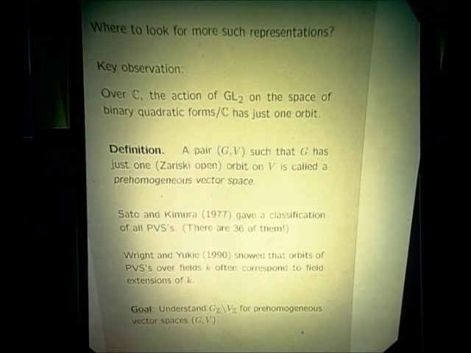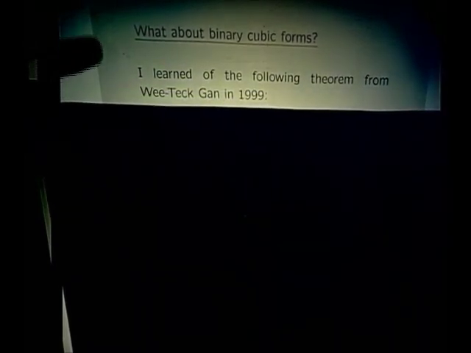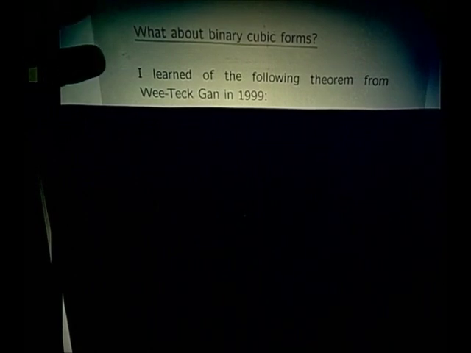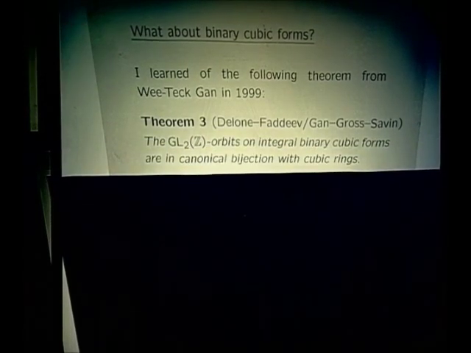So there's one other piece of data beyond Gauss composition, beyond binary quadratic forms, namely binary cubic forms. This piece of data was already there before I even thought about this question. So what about binary cubic forms? We know binary quadratic forms parameterize ideal classes in orders in quadratic fields. What happens with binary cubic forms? I learned about what binary cubic forms parameterize over the integers from a paper of Wei Ke, Gan, Gross and Savin. And what they showed is a